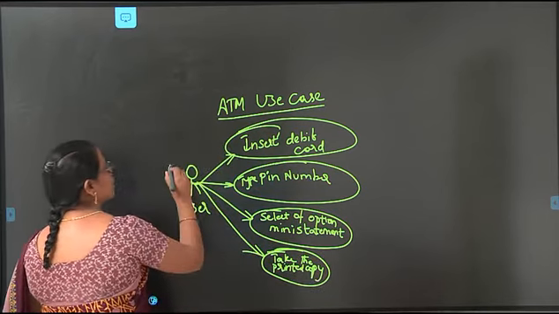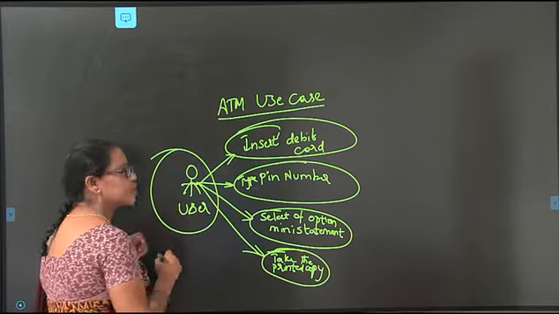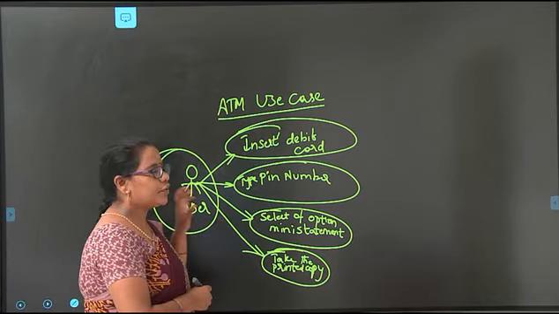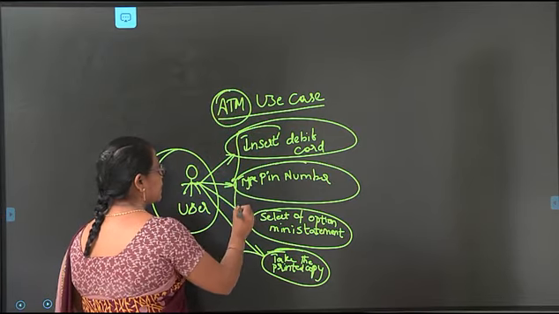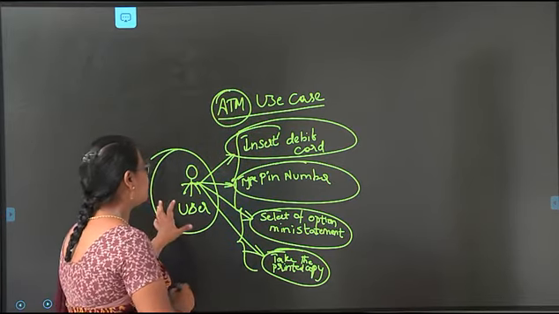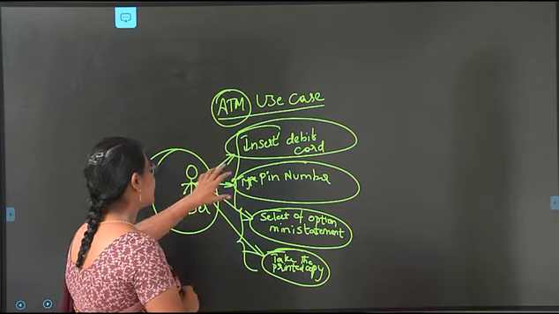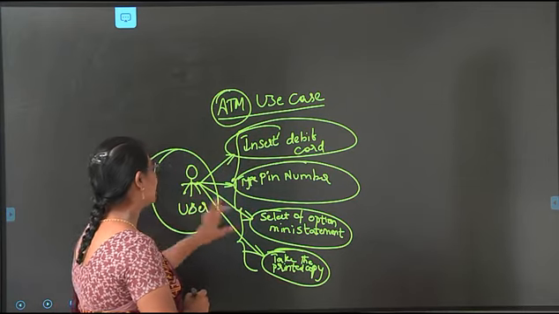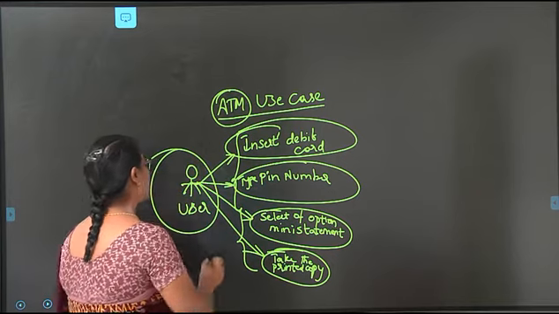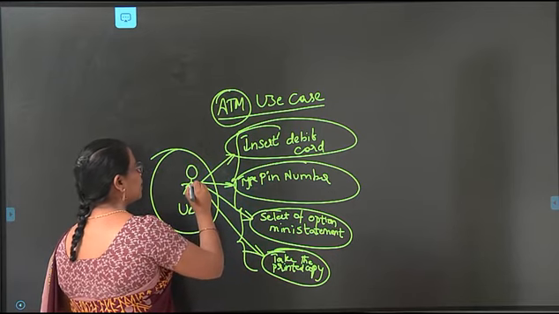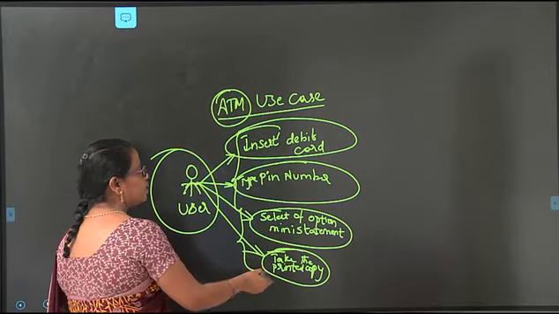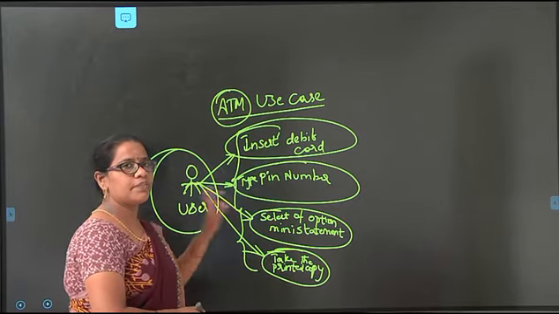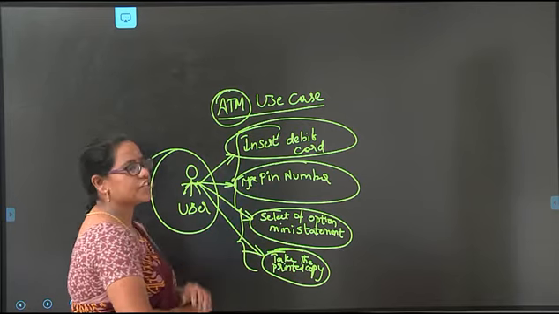This is a use case diagram based on the user. If the use case diagram is drawn based on the ATM, then these options will change. So here, the use case is giving us a set of instructions between the ATM machine and the user. After the user interacts with the ATM machine, what are the options, and what information is transferred between the two? That is the use case diagram.